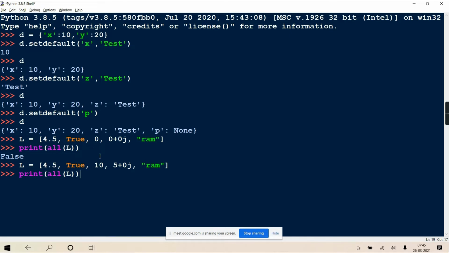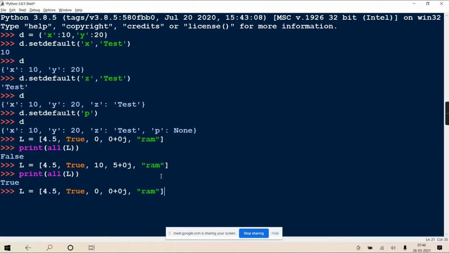I have taken this method when I completed lists, that is for sure. Only at that time I told you that these methods are not on the slide, but just remember, right? So when I write all(L), are all the values true? 4.5 is true, true is true, 10 is true, 5 plus 0j is true, and string "ram" is true. So it will return true.